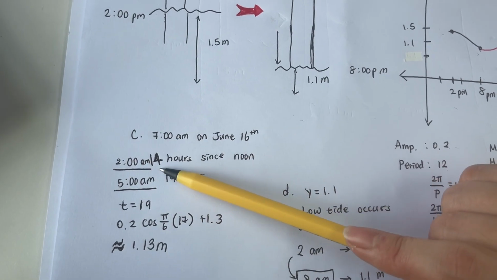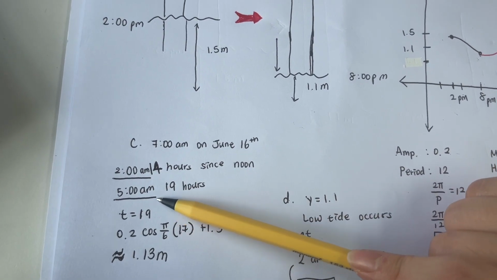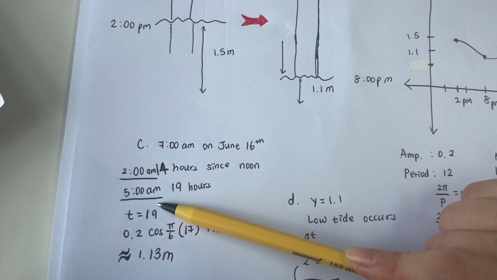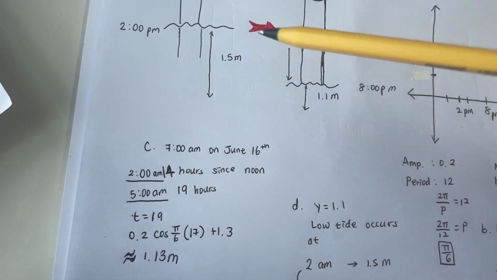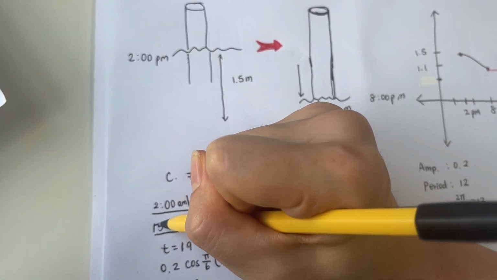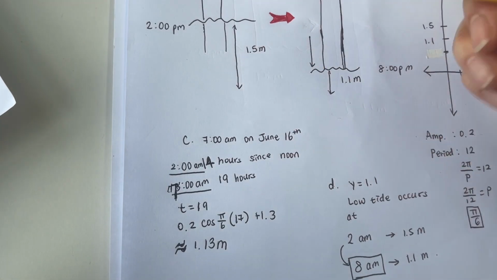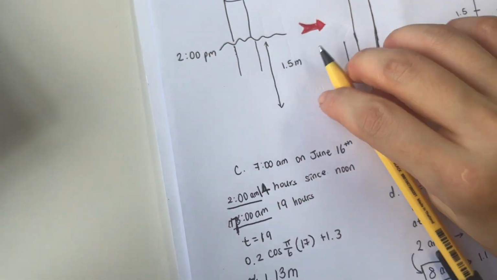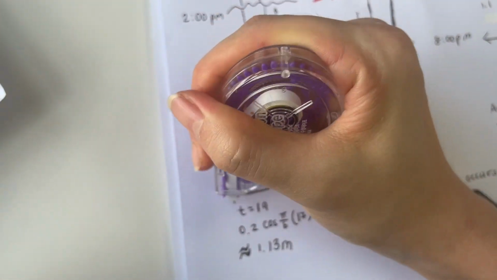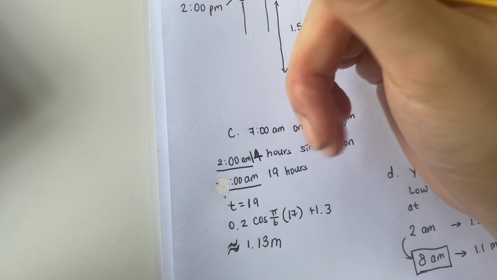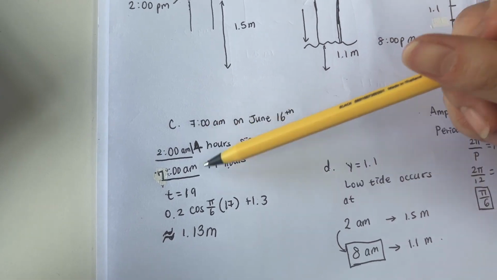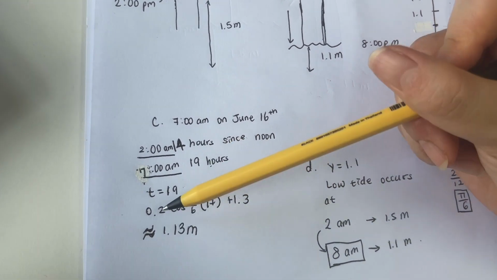Starting at noon until 2 a.m., there's 14 hours, and from 2 a.m. to 7 a.m. This should be 7 a.m. It would be 19 hours in total, so I just went ahead and substituted t equals 19, and what I end up getting